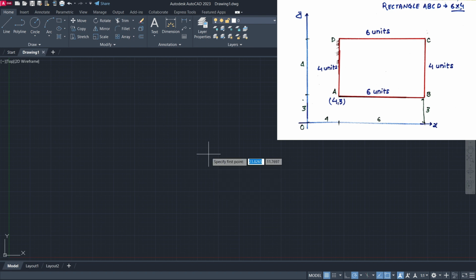So we are into the line command, and there you can see it is asking specify first point. So to specify the first point, simply what we will do is we will provide 4, comma 3 and enter. So here you can see the first point has been defined, and now it is asking specify next point or the distance or the angle, whatever it is asking for. But we are not entering just the distance, we are entering the coordinate system, and that too in absolute coordinate